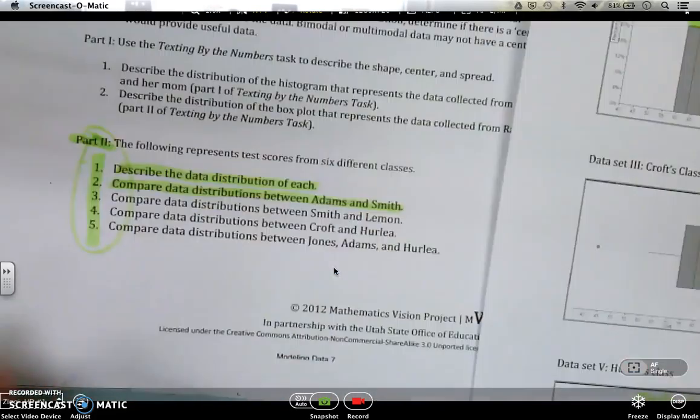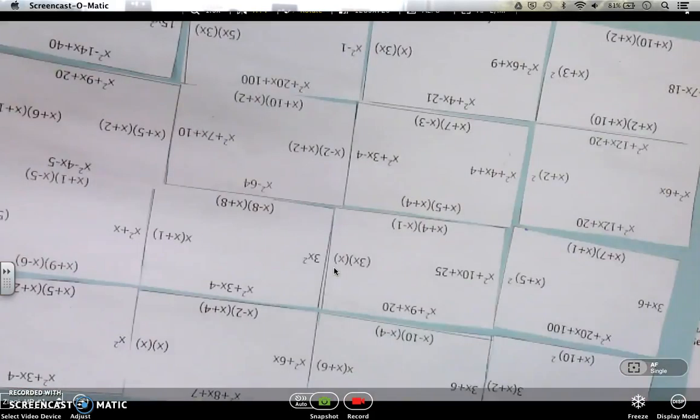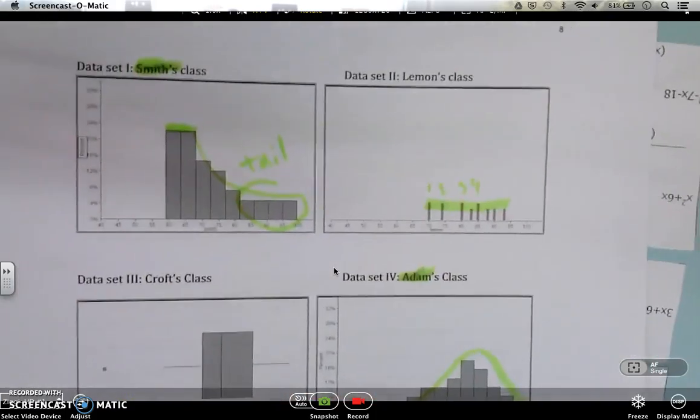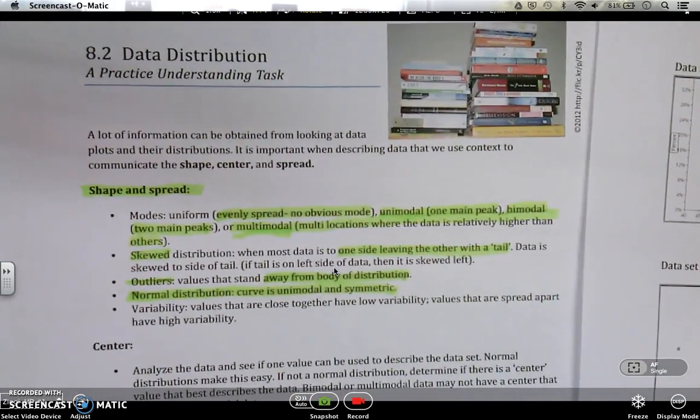We need to answer all 5 questions for this, and that is your task 8.2. All right. Once again, kept it under 5 minutes, as we will try and do always. So try and finish up the 8.2 task here, and check back later. I'll have the